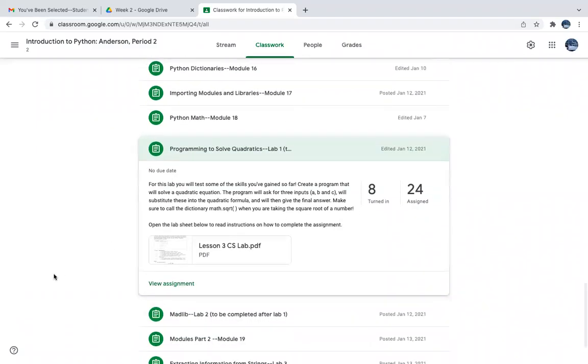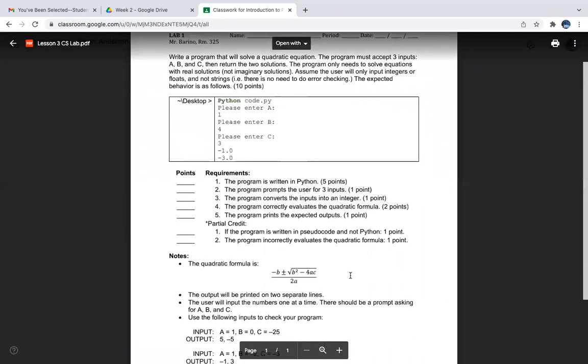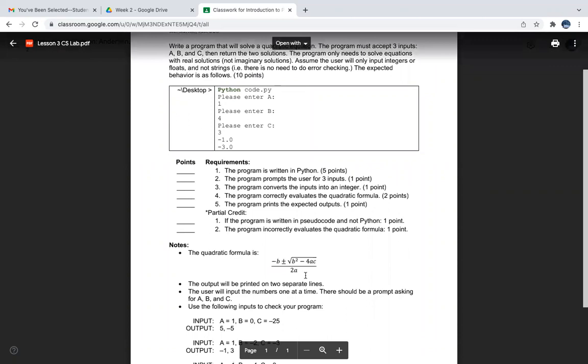Okay, so as requested, I'm making a video about lab 1, solving quadratics. So this is more for students who have completed algebra 1. Not that other students can't understand, it just might be a little bit, the math behind it might be a little more confusing. So whenever you have a quadratic function or a quadratic to solve it, there's this equation right